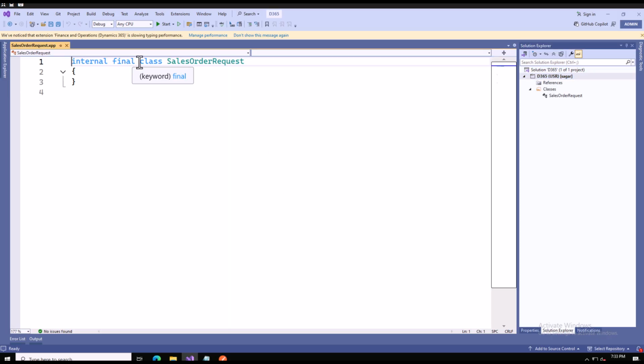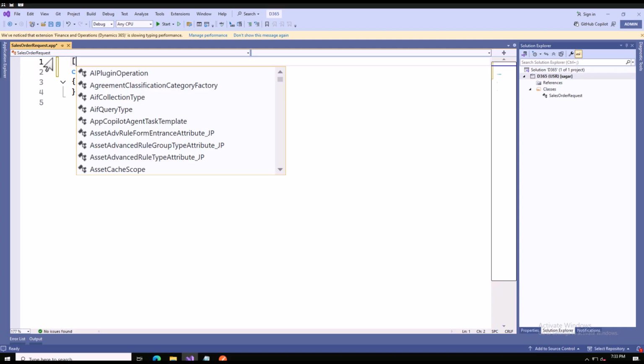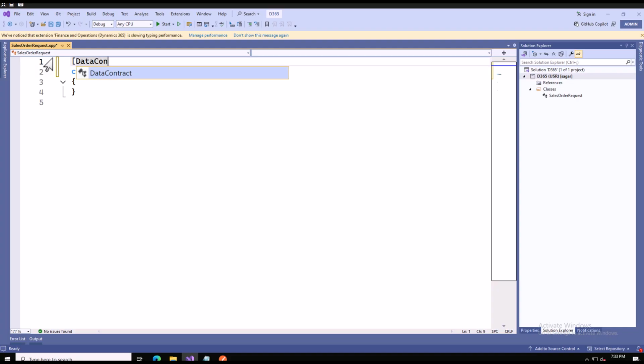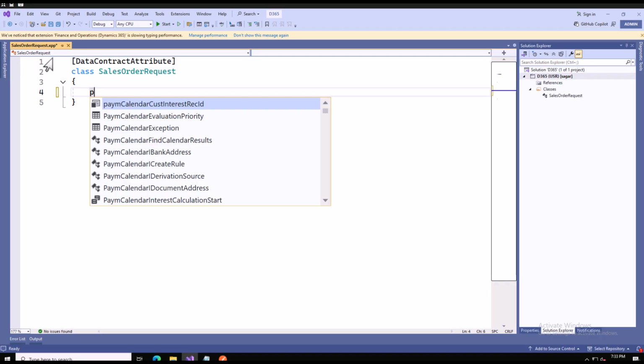Okay, so here this is available. Now our class is available. So I need to create a data contract first. To create a data contract, we need to simply write the data contract attribute, and I will close it here. And next, this is going to be a request parameter. So in the request, what you will send is simply your sales order only, right? So I can say protected